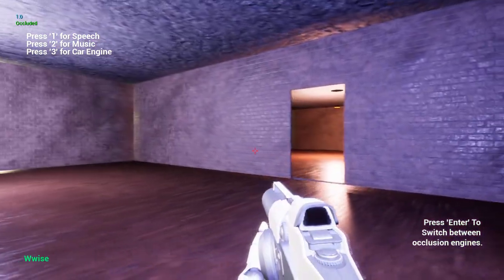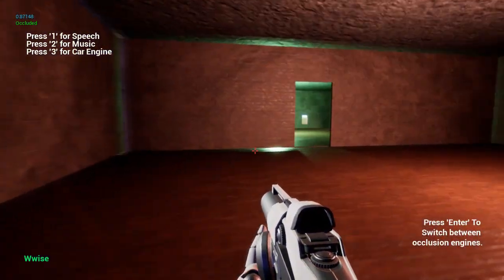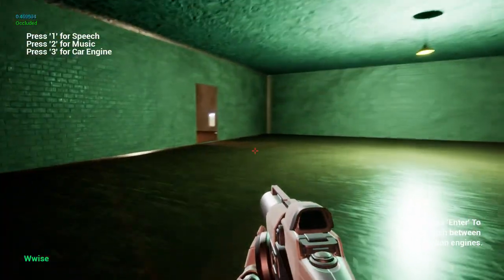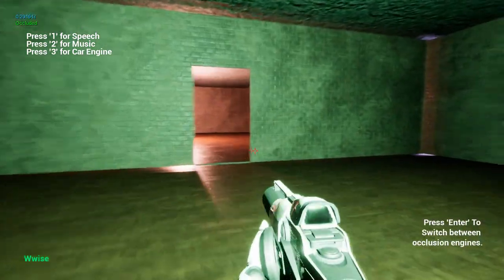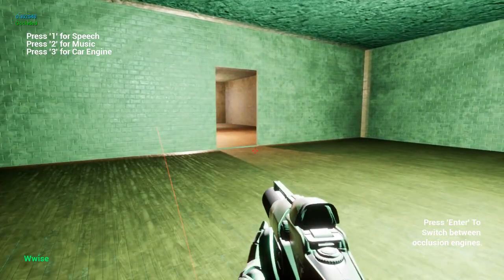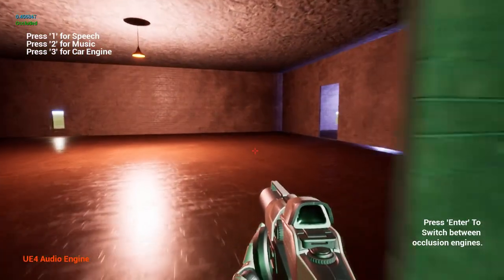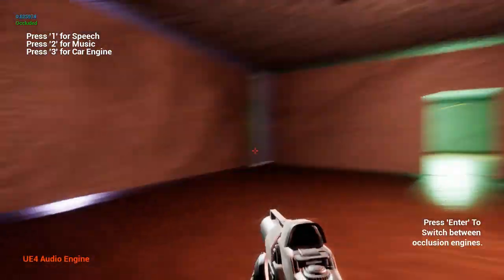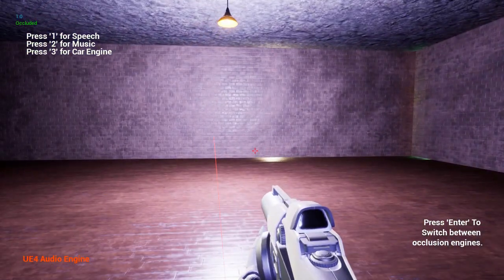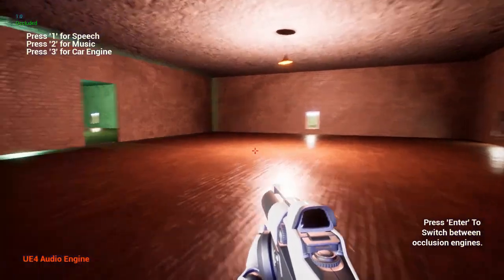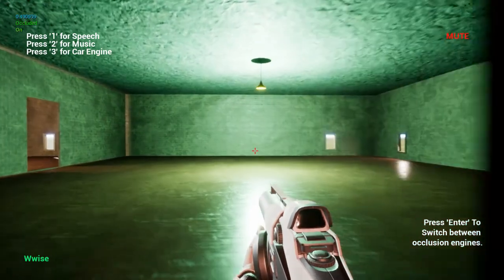There we go. We have a dynamic occlusion system where it's not on-off. It actually changes over the distance that you travel, which is a lot more natural than if I just switch back to this way of doing things. Now, I'm not slating Unreal Engine and the audio engine in it at all. This is just a very efficient way of doing occlusion, but it comes at a cost of being so black and white. Whereas, if we go for Wwise,